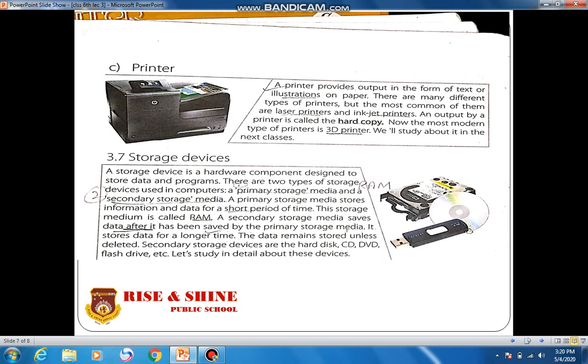In this specific lecture, we have learned the input devices, output devices, how they work, and some of the storage devices. I hope you have understood about these devices. You will get better understanding while reading these topics. Now, I hope you will be able to learn the related questions to this topic.